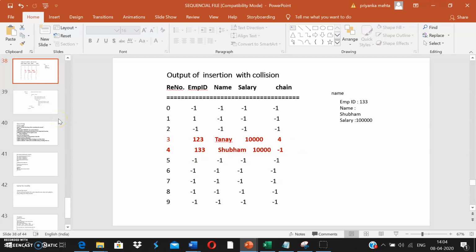So once you do searching, all operations, modify and deletion, are very simple here. For deletion, you just have to search for the record. Once you search the record, you have to store the position or the index. Then you have to start from that index and check the record. You have to stop at the record whose chain is equal to this P position, and then just update the chain values, and you have to logically delete the records. And I hope you will be able to do deletion also.